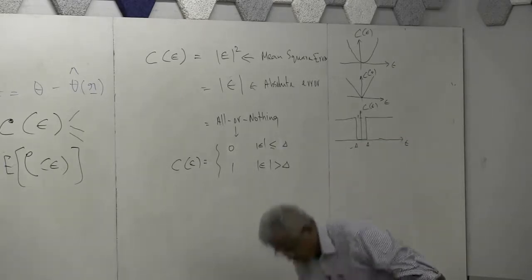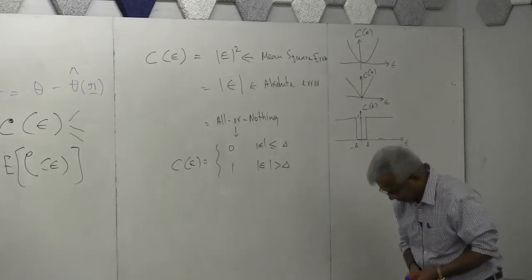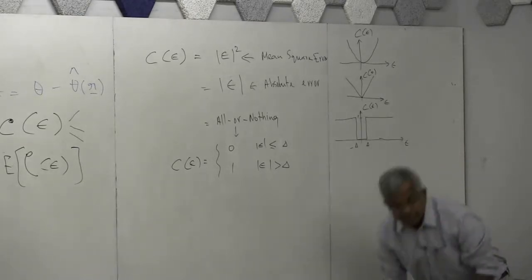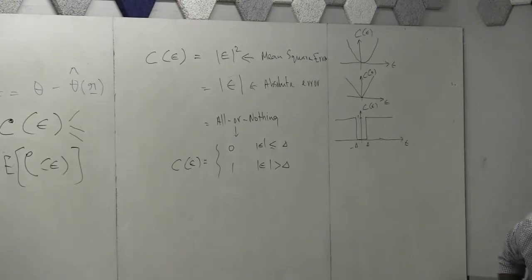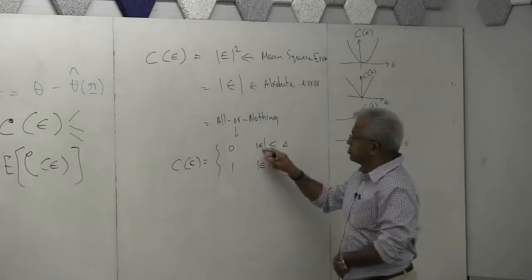So what do I mean by all or nothing? Look, what it says is, if the error is very small, look here, if the error is very small,